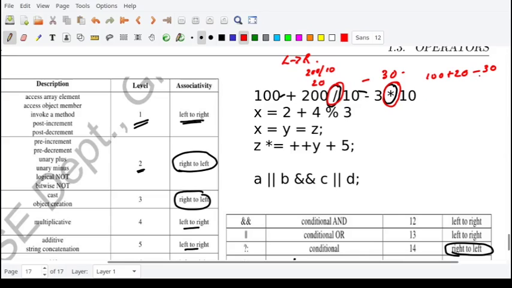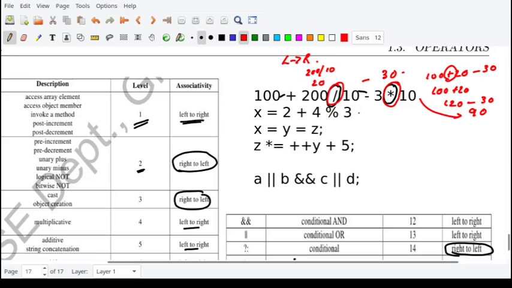Plus and minus have the same precedence. Okay. So first, which operator has to be evaluated? It will depend upon the associativity rule. For plus and minus, the associativity rule is left to right. So the leftmost operation here is plus. First we will add, so we get 120. Okay. After doing that, what will we do? We will subtract 30 from that. So we get 90 as the answer. Okay. So 90 is the answer for this particular expression.